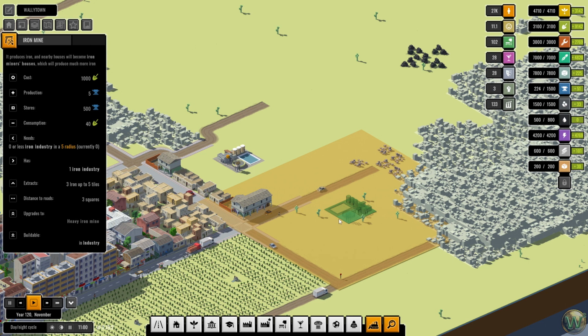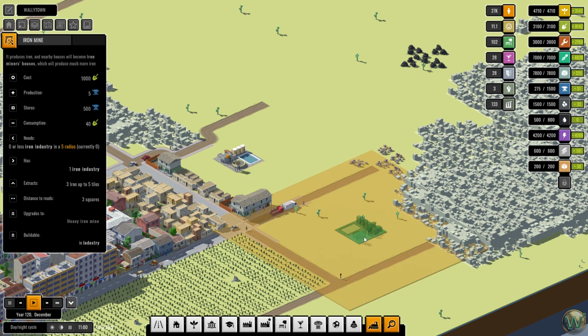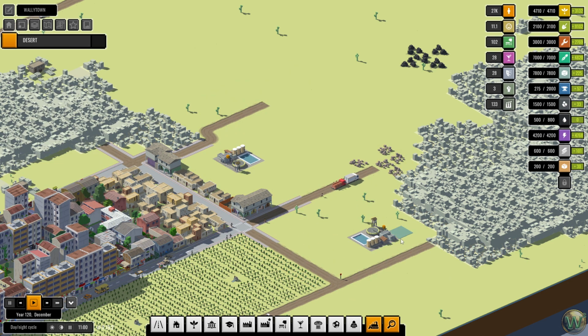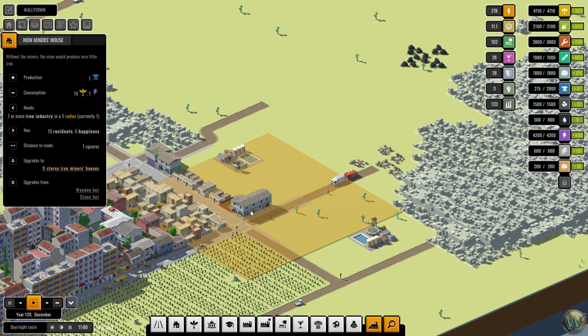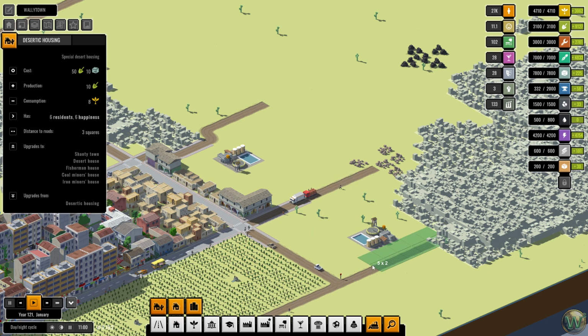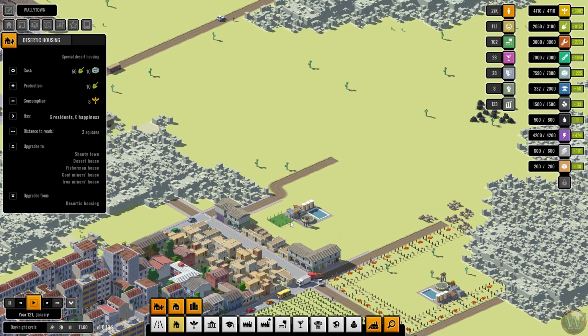Wait, how close can these be? Five tile radius. Okay, these don't have to be as far apart as the coal mines. We'll go here. I'm doing that because then I can have one house here. No, the other ones. Desertic housing that can do iron mining as well, like this. I don't know if that should reach. Yeah, that should reach. And then we can do these here, and